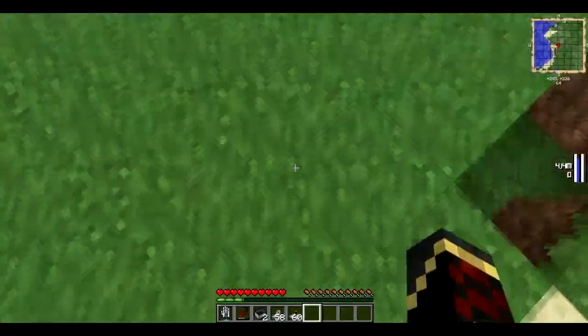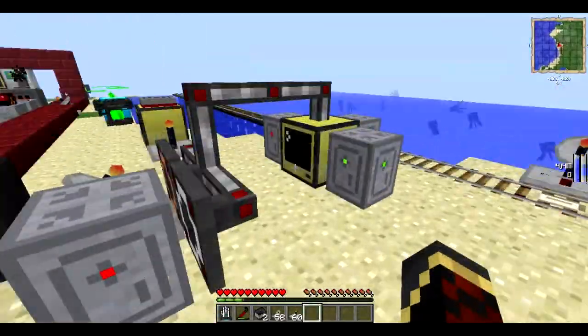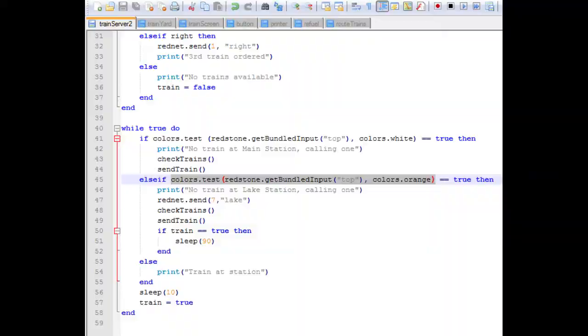Over on this one right here, then the orange is going to be true, and if we go back over here, if orange is true, we go "no train at lake station". Then we have this rednet.send 7 lake, and we'll go over that in just a few seconds when we're done with this. Then we go check trains, send trains, and we're going to, if this thing is true,